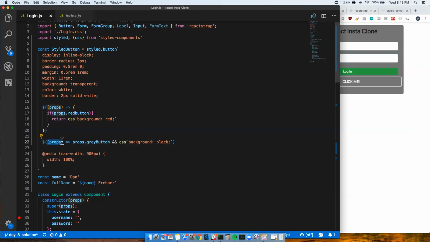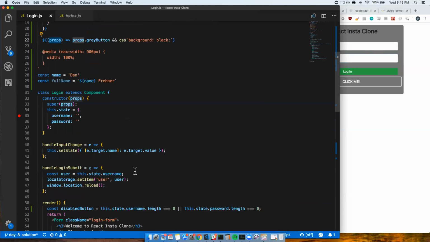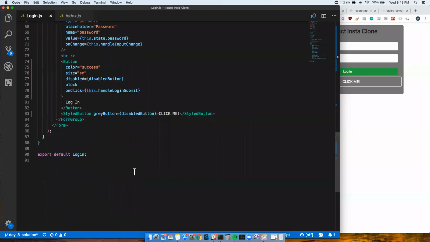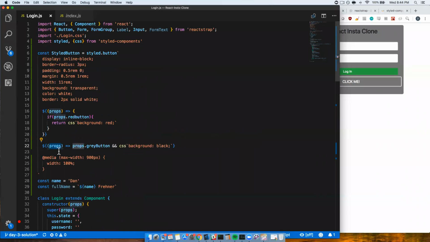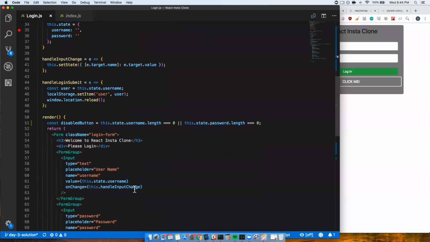It's just that this function inside of here, the styled button, the method will always pass the props to that function. You can absolutely add multiple props. You can have props do whatever you want on here. So you can essentially build your own React strap